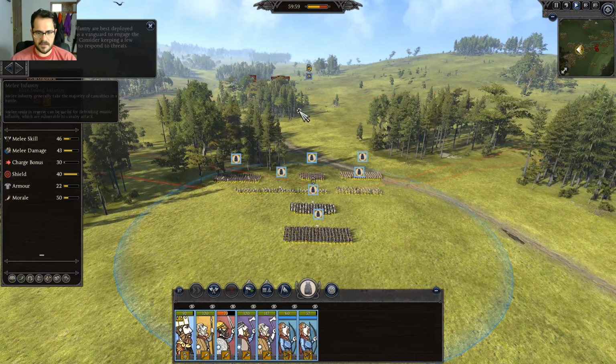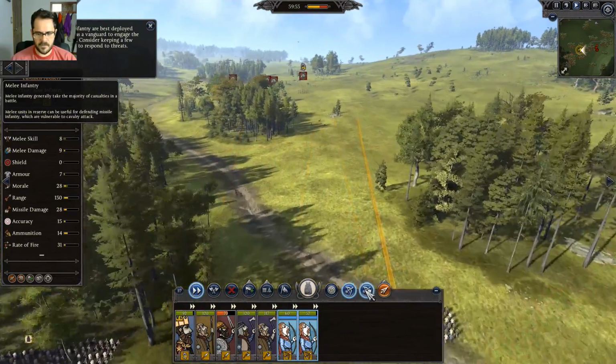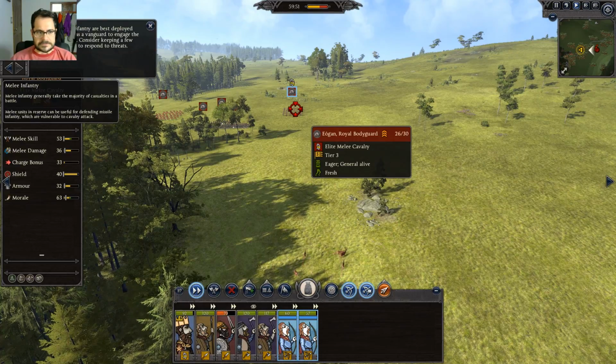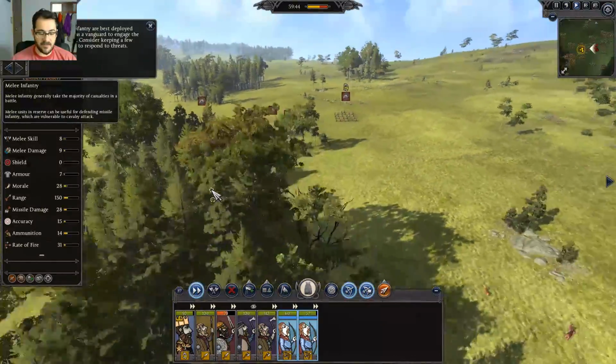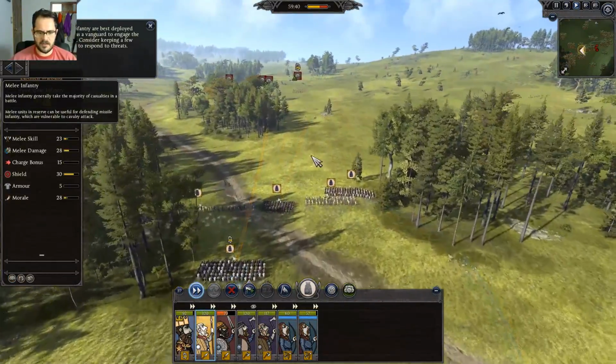Okay. Heavy melee infantry are best deployed defensively, or as a vanguard to engage the enemy infantry. Consider keeping a few units in reserve. Royal bodyguards, that's gonna suck. Spearmen, archers, raider cavalry. Okay, so for right now, we'll plan on our...